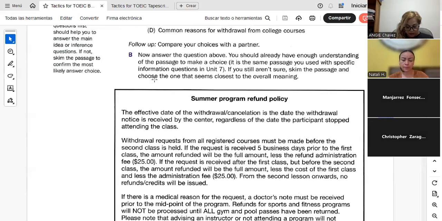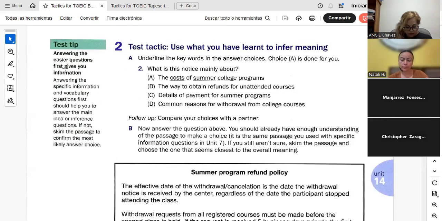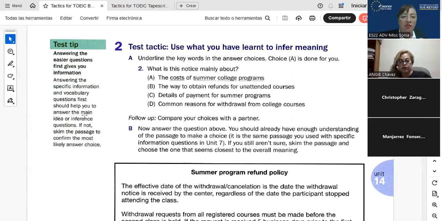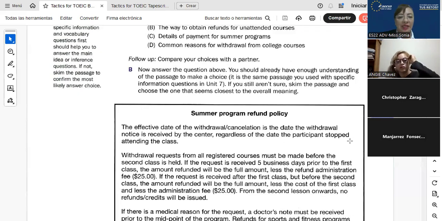So in that case, let's check the tip. Answering the easiest questions first, remember, gives you more time to dedicate longer to the most difficult questions, probably, right? So specific information, that is scanning, and vocabulary, right? Probably you find it easier. And for example, now that we were talking about superlatives, comparatives, all that will be easier. All right. Yes, Natalie, no problem. Okay. So in that case, guys,